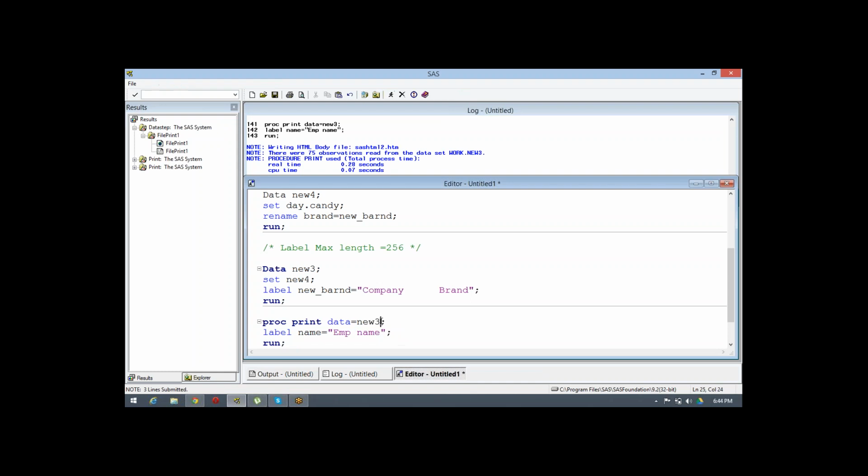Whenever you want a permanent label to be displayed in your output, let's suppose I am commenting this out and not using it, you have to use label as a keyword again. It means whatever permanent labels are available, or whatever label you declare, will get displayed over here.